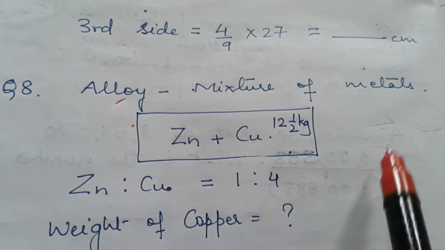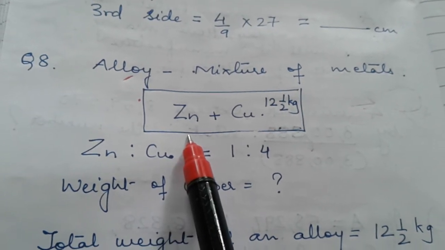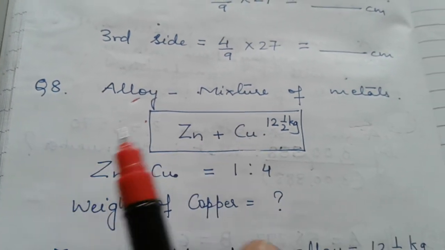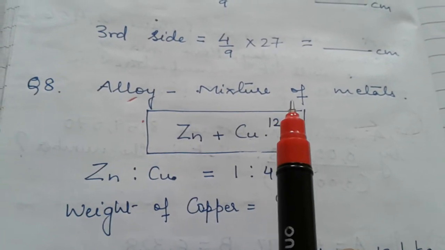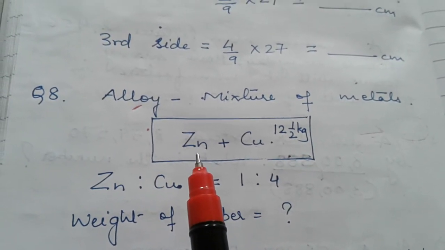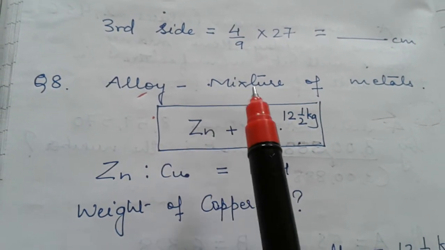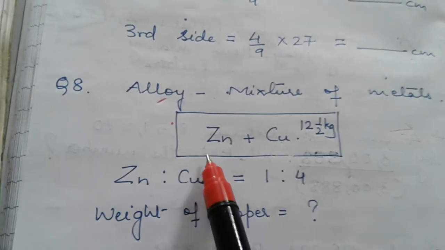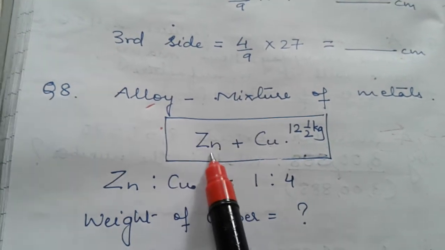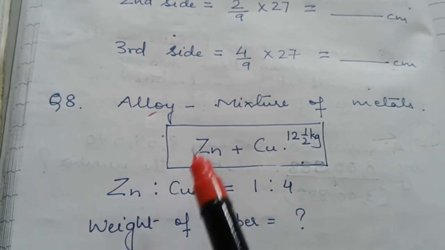So let's come out of the chemistry section. The question given is: an alloy of zinc and copper weighs 12.5 kg. Because a few words are difficult, you feel the whole question is difficult. Remember one thing: if a question is lengthy or has some difficult words, that doesn't mean the question is very difficult. You should understand the meaning. That's very important. Even if it is lengthy, go one by one, understand, and then solve.